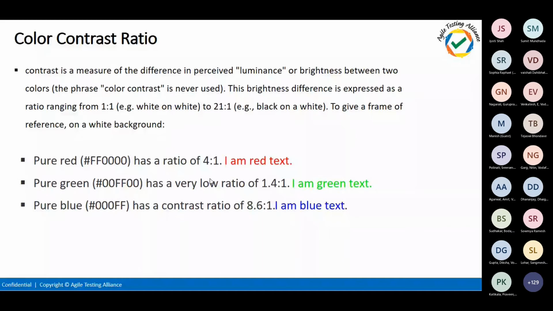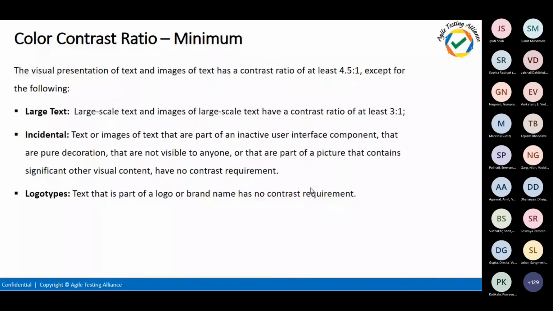So we are going to test for these things also today. And whenever it's black to white, it's 21:1. So that has a bigger ratio, so definitely it will get passed. Some of the color ratios I have given down below. And you might be asking what the minimum criteria we need to test for is. The color contrast ratio has to be 4.5:1. Then we can pass those test cases for color contrast. And if it's failing, then that needs to be fixed.